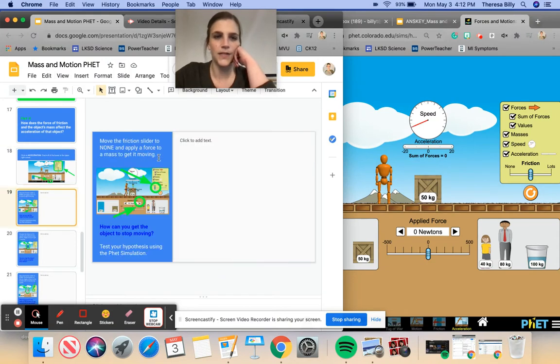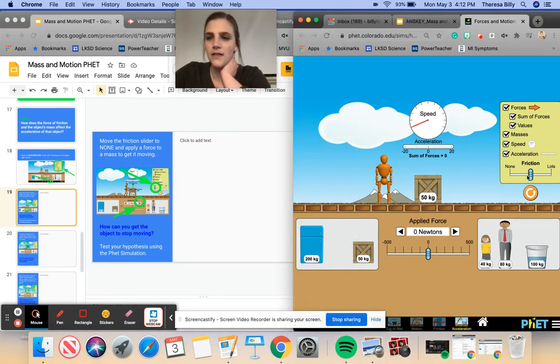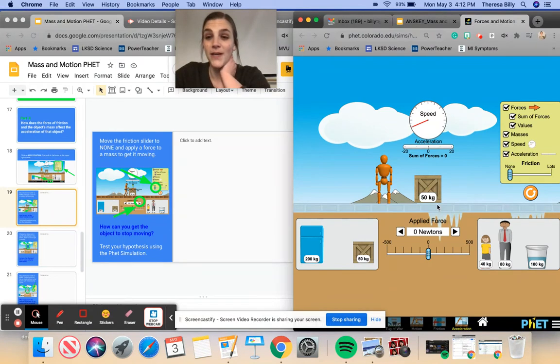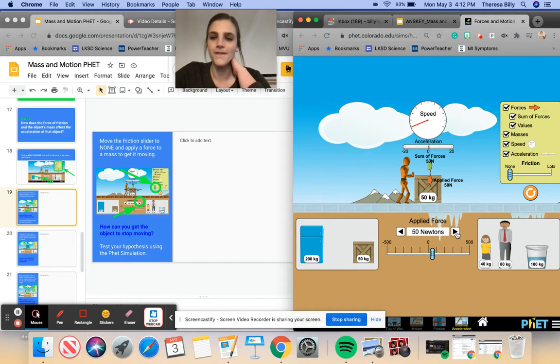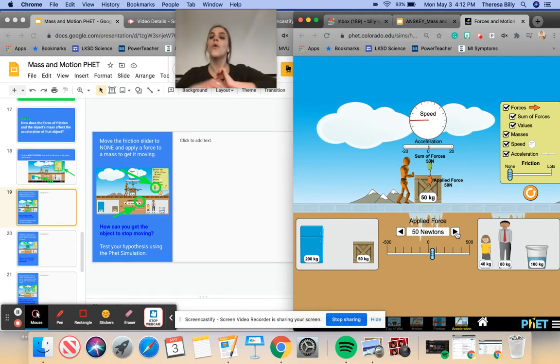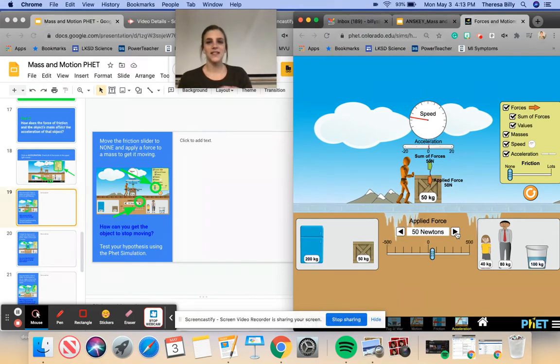All right, the first one, it says move the friction slider to none. And what changes? Notice that we've covered that track with ice. So it's as if we don't have the force of friction at all. Apply a force to get the mass moving. And the question says, how would you get the object to stop moving? So if I just say 50 newtons of force and it's going,